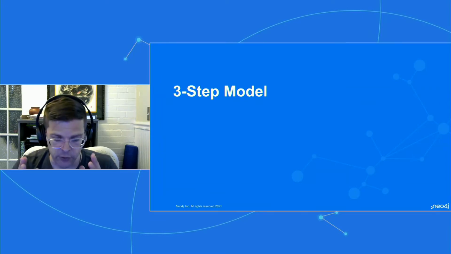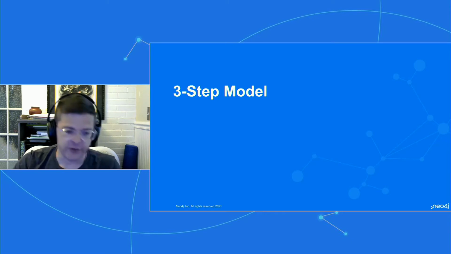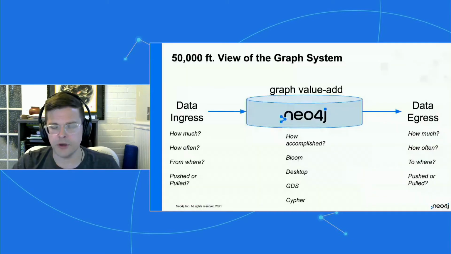So let's get to graph data integration, or graph integration specifically. Three-step model. This is pretty much as high level as you can get. This is truly a 50,000-foot view of a graph system. Well, Neo4j is a database, and so you can think of it like a can. You put data in and you take data out. It's really that simple. So the 3 steps then are, in any kind of an architecture that's using Neo4j, typically